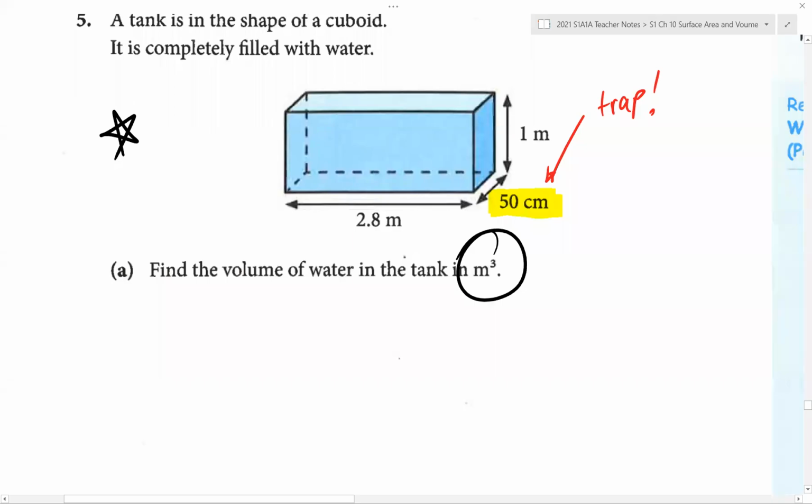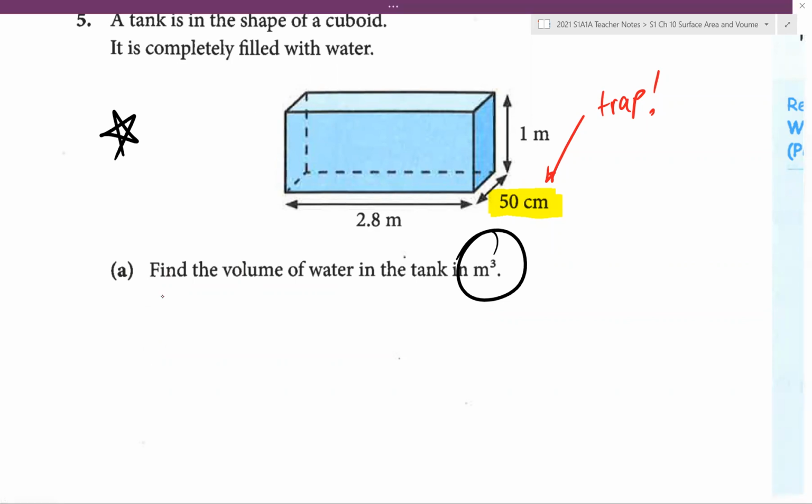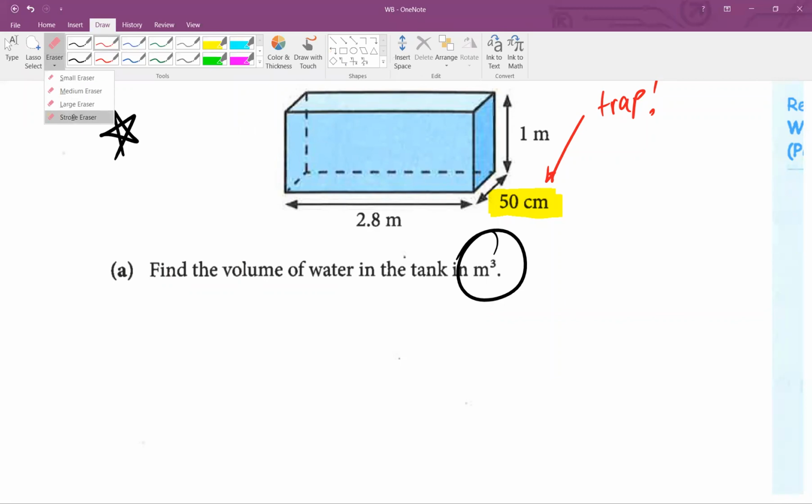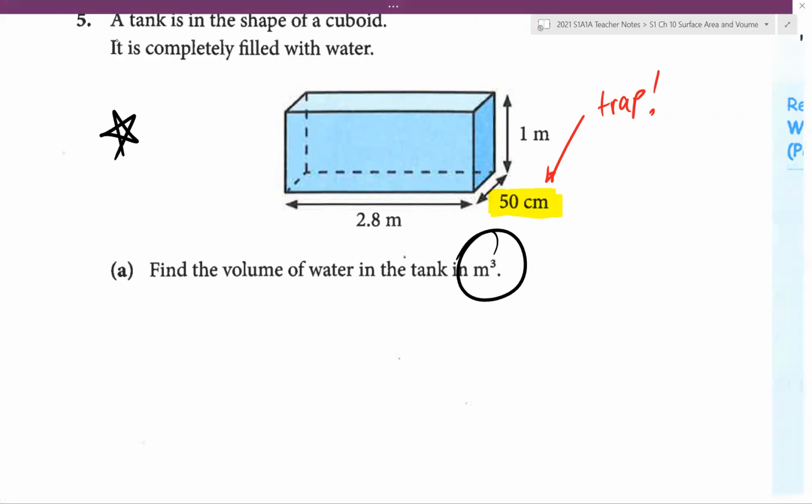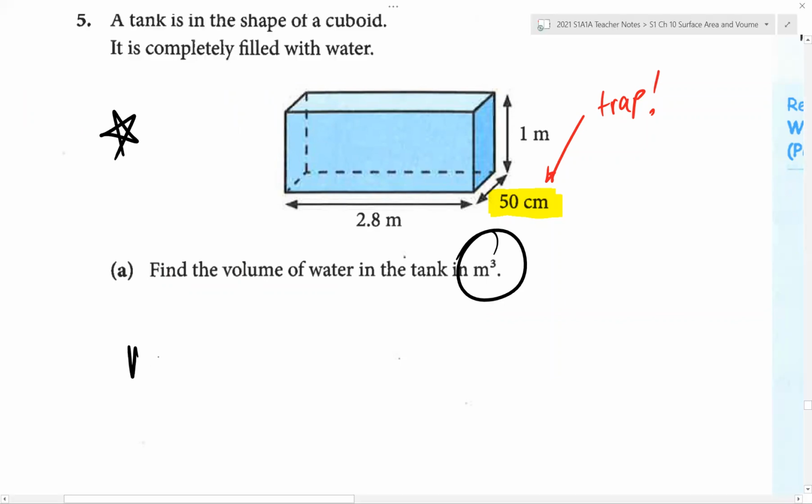So part A, we wanted to find the volume of the water in a tank. Volume is given by length times breadth times height, since this is a cuboid. And then because they wanted it in cubic meters, some of your friends identified that, hey, this 50 cm,